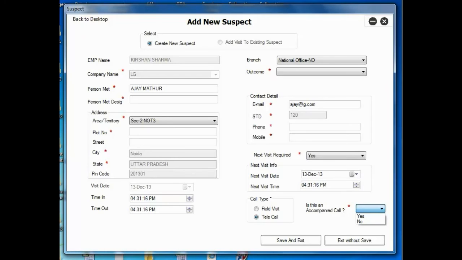So this is how you create a new suspect. After filling up all of these details, you simply do Save and Exit. So let's create a new suspect here for the purpose of demonstration. What I'm deciding to do is check this as an option. You have a choice between field visit and telecall. So I'm saying I am first making a telecall, and from this telephone conversation that I had with the suspect,